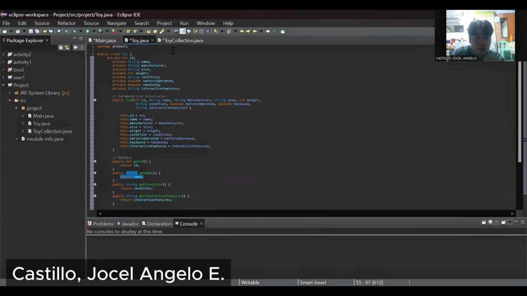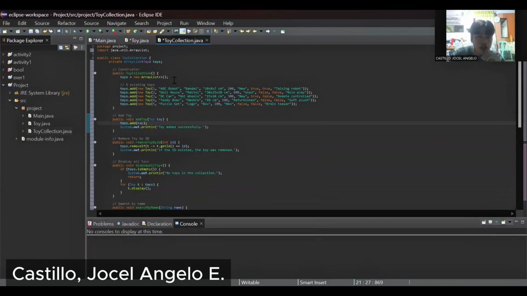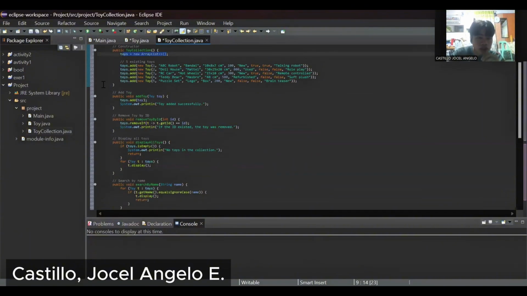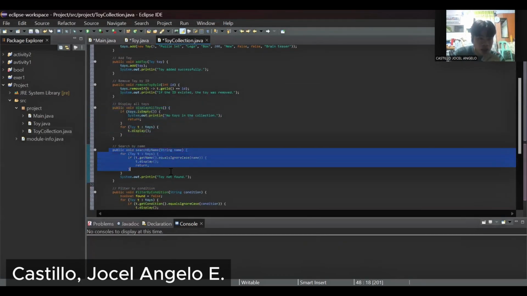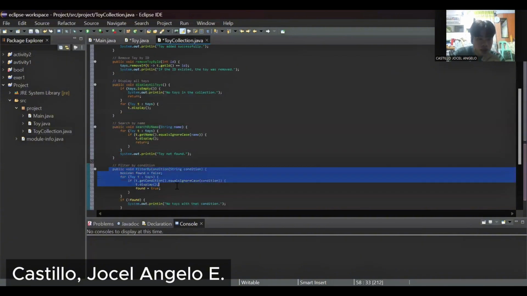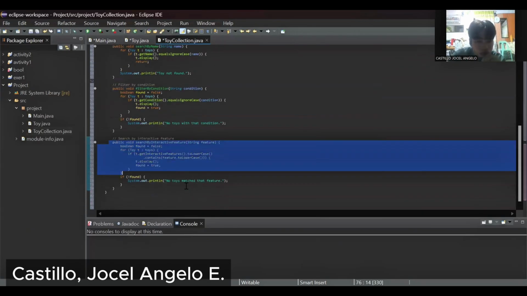We move to the next class, which is the Toy Collection. The Toy Collection class manages a group of toys using an ArrayList. This one is for adding a toy, removing a toy by ID, displaying all toys, searching by name, filtering by condition, and searching by interactive features.